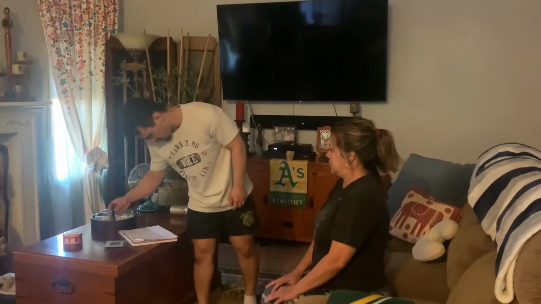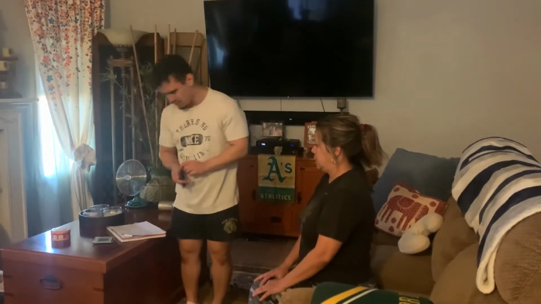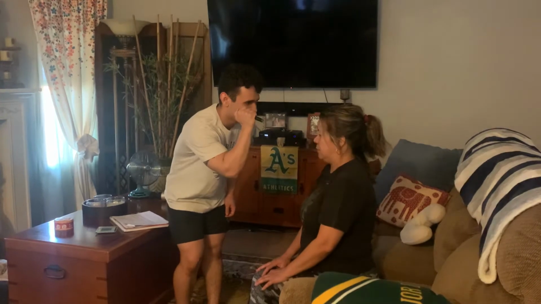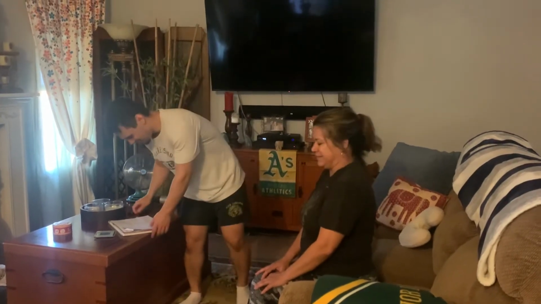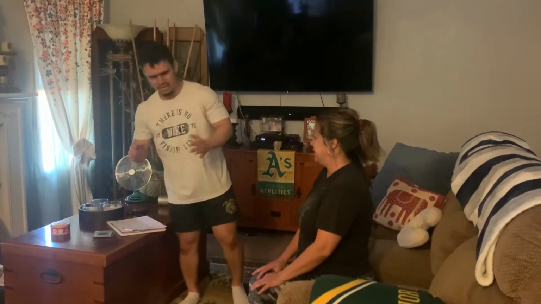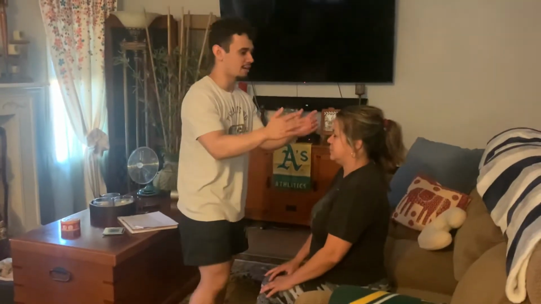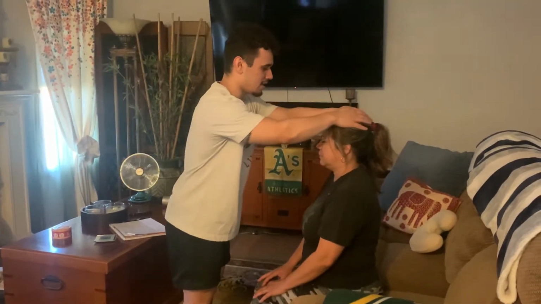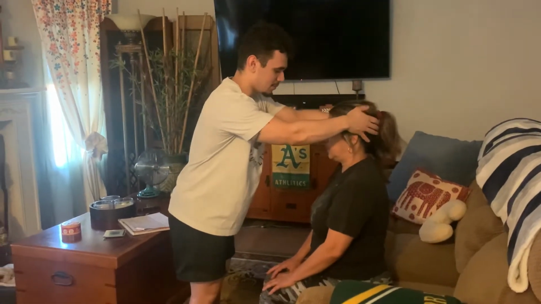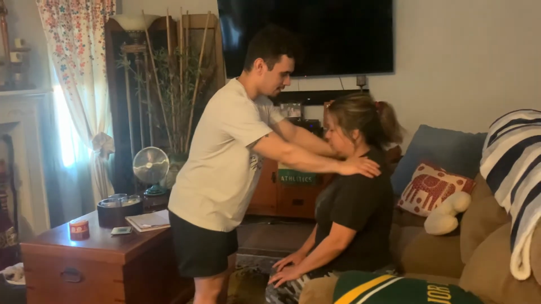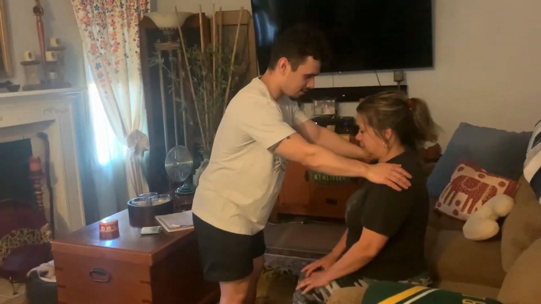One thing I need to do for this is to check the pupils and see how they react to light. After that, the first thing I would want to check is the head and neck, palpating to see if there's any pain. So I'm going to go ahead and check your head for any pain. Any pain? No. Any pain? No. Any pain? Yes. Yeah? In your shoulder area?